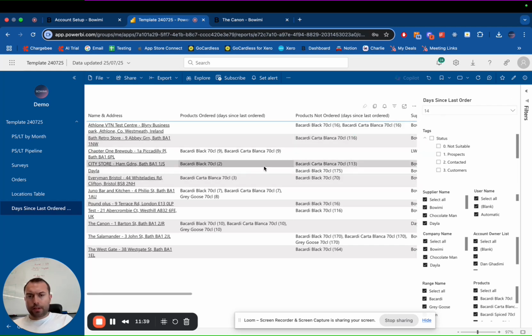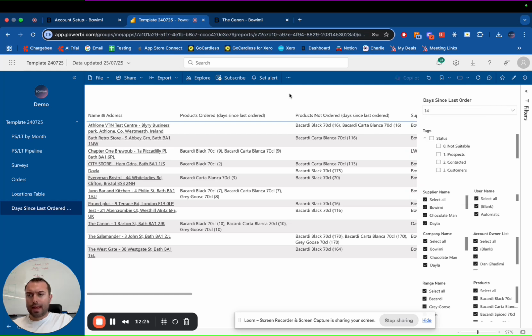So if customers have previously been ordering products and then they stop ordering those products, but they're ordering other products, this table will show you that. So you can always contact them and see why they've stopped ordering certain products. So a very simple visual graph showing you what products customers are ordering, what products they have ordered in the past that they're no longer ordering, and also how many days since they've last ordered that product. So you can chase these customers and make sure you're not missing out on any valuable sales. So all of these tables can be exported to Excel very easily just with the